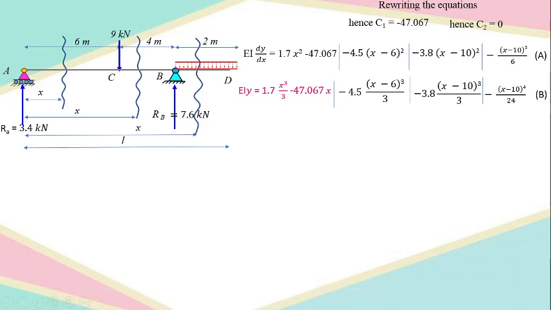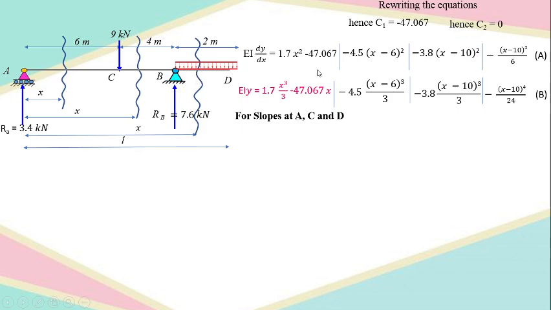So once we get equations (a) and (b), the generalized equations for the slope and deflection, the rest of the things are just simple. Whatever the objective of the problem was, that is to be identified. We are required to find the slope and deflection at various points, and the values of x are already given in the problem statement. So what was asked? To find slope at A, C and D. At A, x = 0, at C, x = 6 and at D, x = 12. So at all these values of x, we have to find the slope.